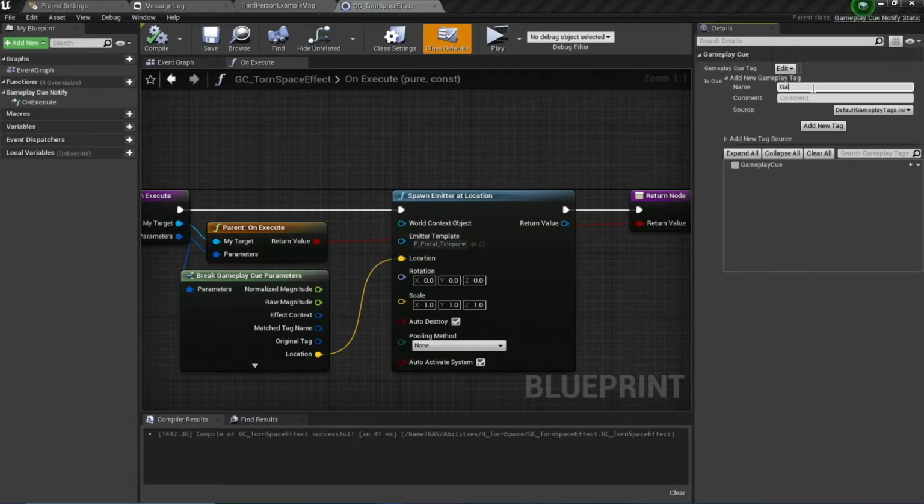So I'm going to call this GameplayCue.Ability.ToneSpace.CueEffect. Okay,